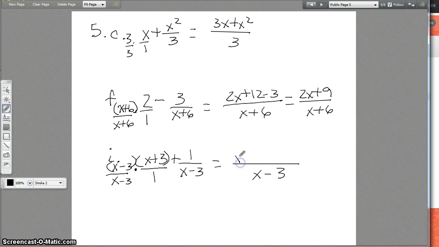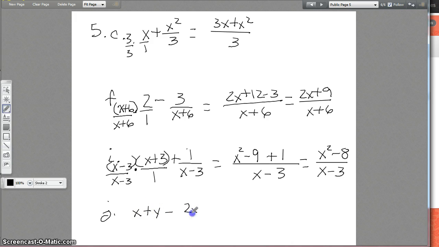So we take our first term and square it, and then we subtract the square of our second term. x squared minus 3 squared. Now we add our 1 that's over here. And so we end up with x squared minus 8, because negative 9 plus 1 is negative 8, over x minus 3. Okay, the last one we're going to do is part J, and that is x plus y